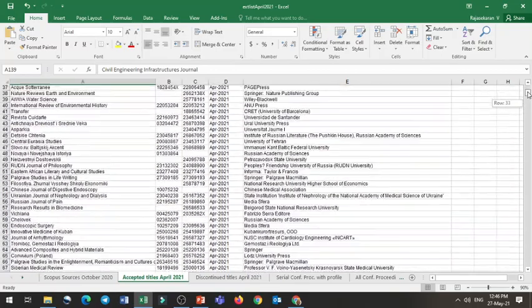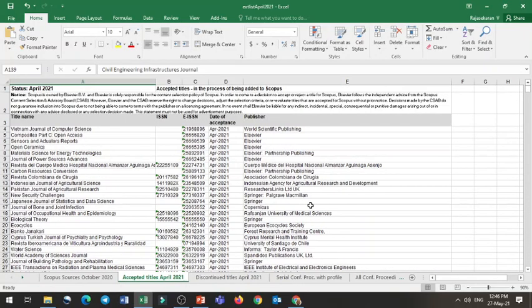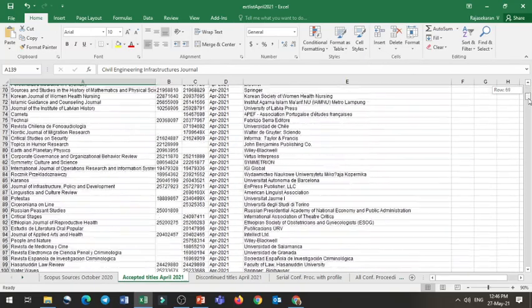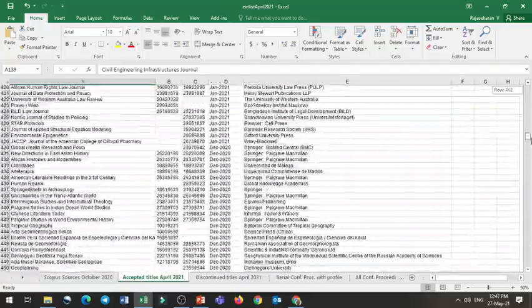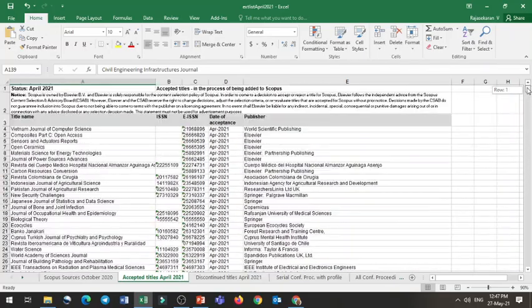In case you want to publish in Scopus and you target these journals, because they have been newly added, your chance of getting published may be higher. The reason is they are newly added, but they would maintain quality. They may give preference to quality compared to the top journals. Getting into these journals may be a bit easier for you. And this list also gives you everything completely. Every month they are adding new journals, in March, February and January, and last year also they have given complete details. So please keep a note of these newly added journals.